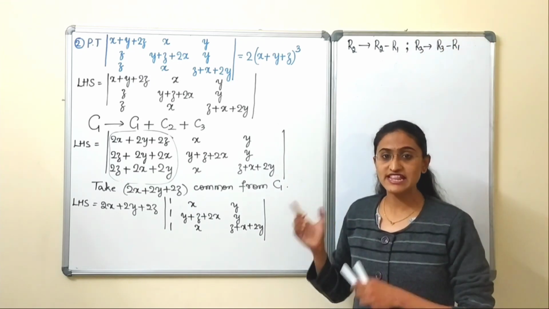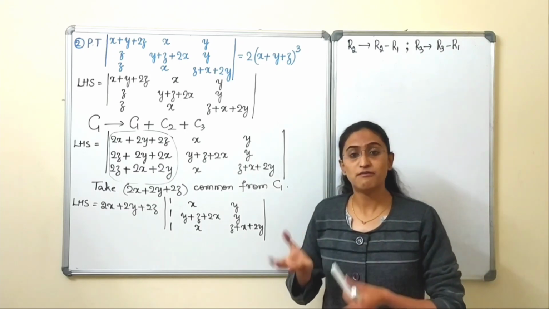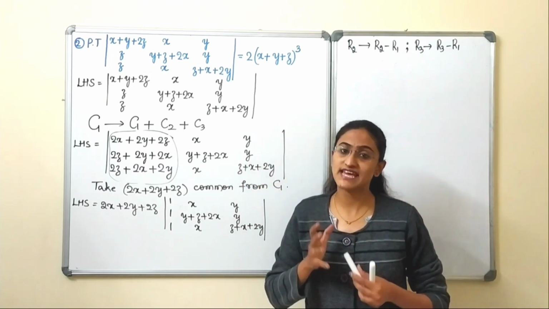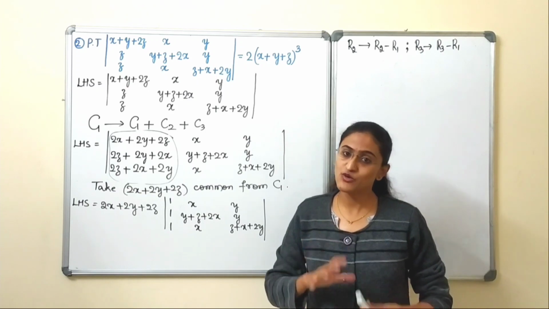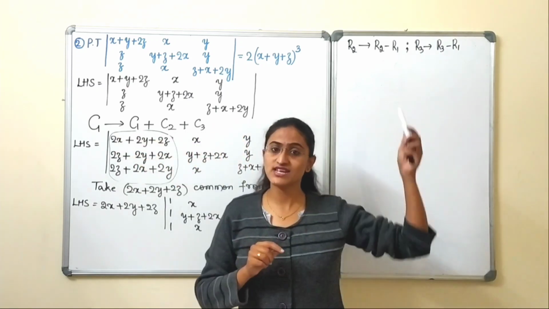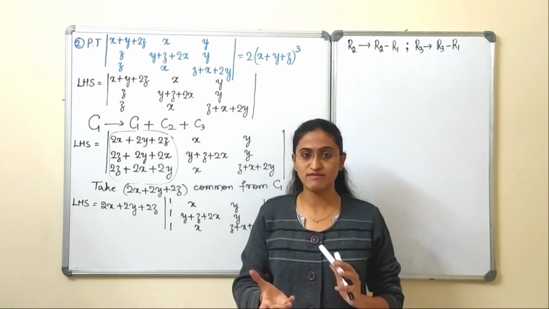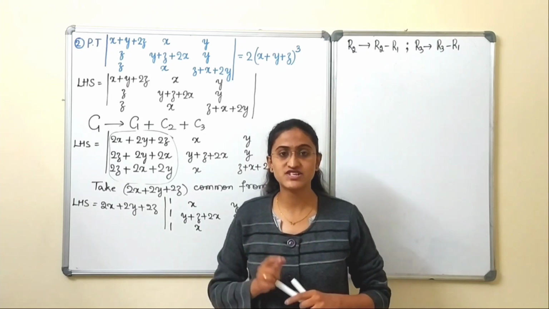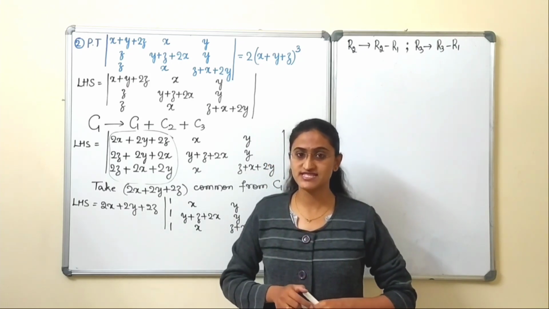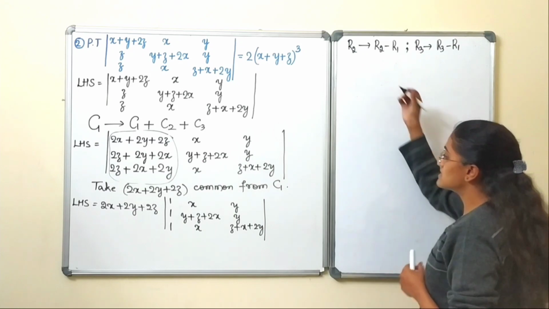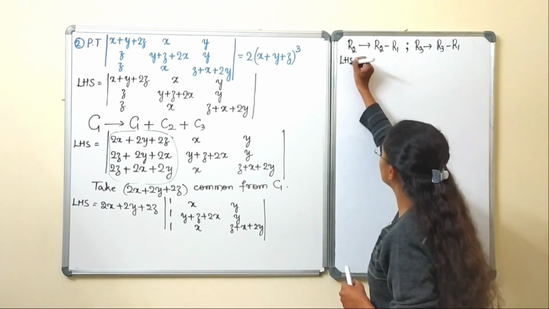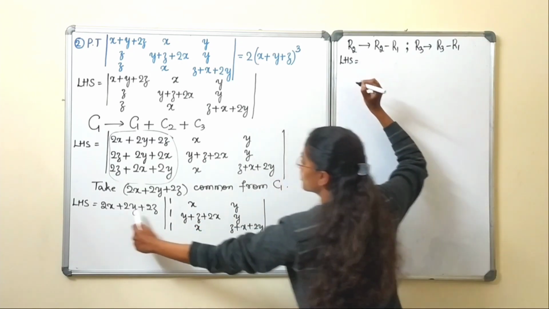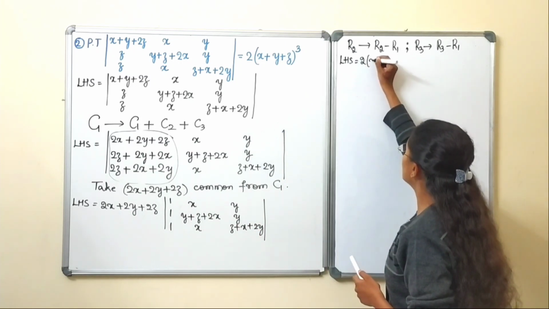When you are proving in the determinants or when you are applying the elementary operations in the determinant, then you can use the column operation as well as the row operations simultaneously. There is no restriction as in the matrices chapter. Now continuing this, we get LHS equal to, I can take out 2 common from these terms, and hence we get